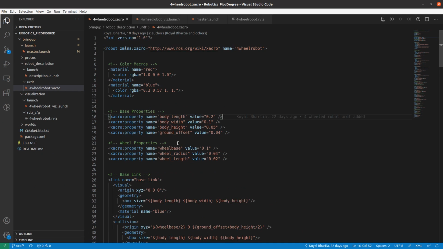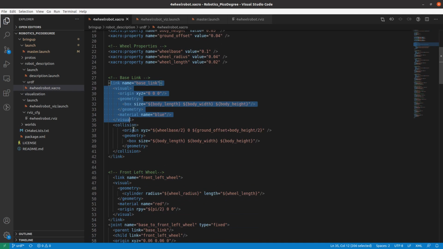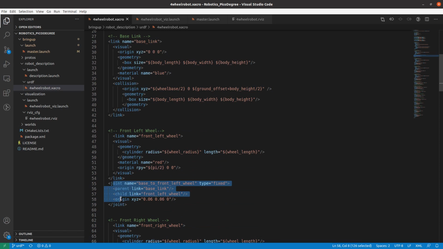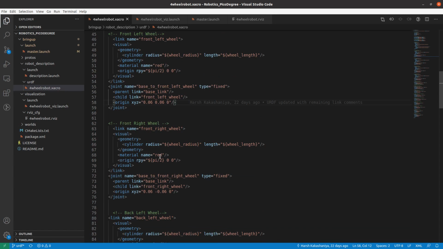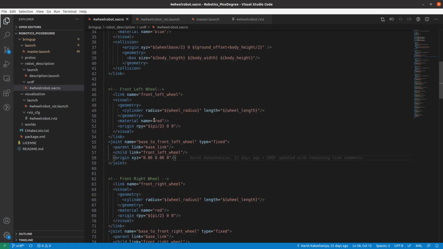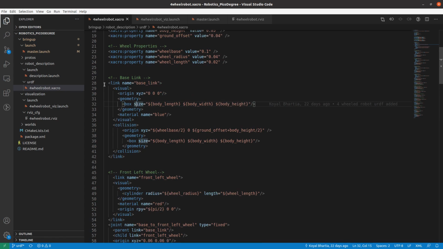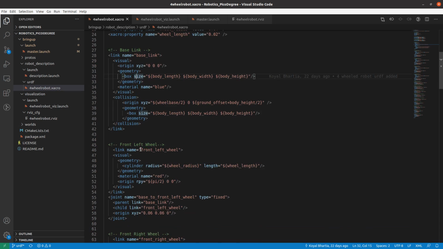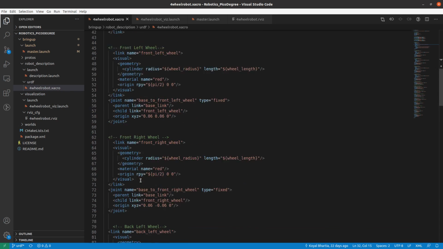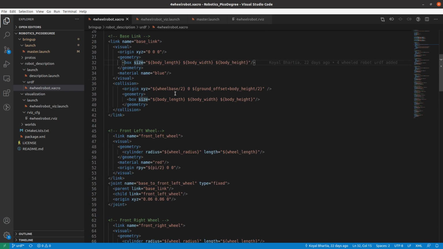So this is the file that contains the information of all the links, the position of joints between any two links, the visual features, etc. It's more like a kinematic tree model of the robot. We can now start with the first link that we have here, which is the base link, which has the link element along with two sub-elements, which are the visual and the collision. Now, to give a visual property to our base link as well as our four wheels, we need to know the dimensions of a Stark robot.